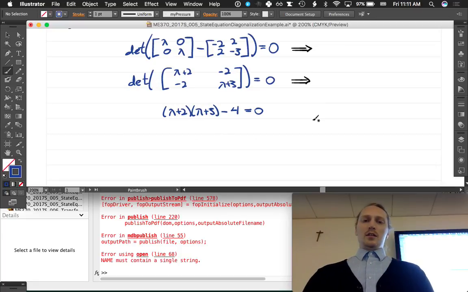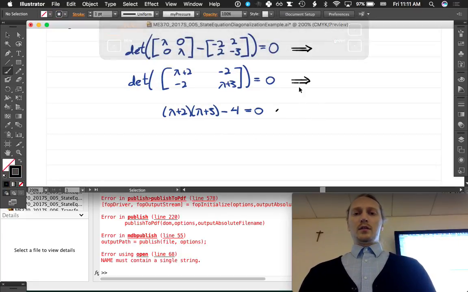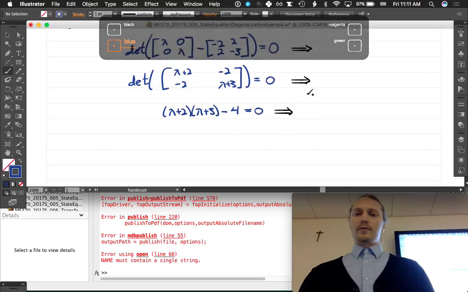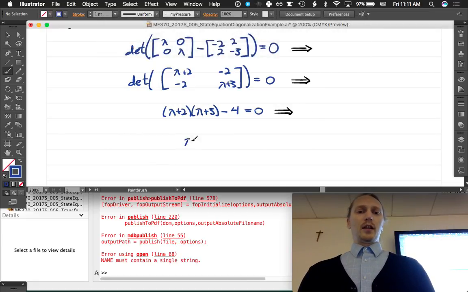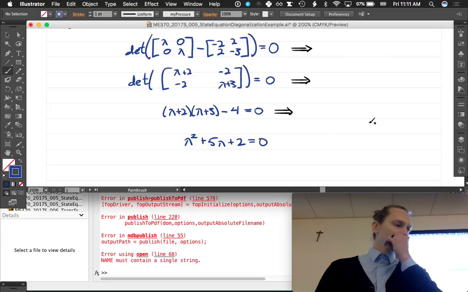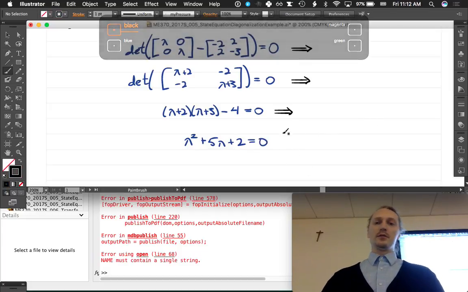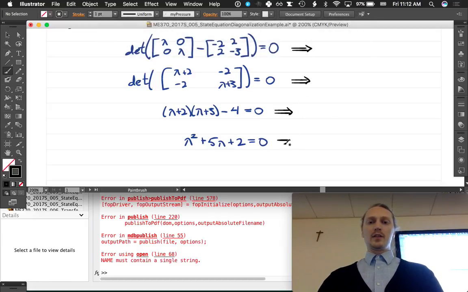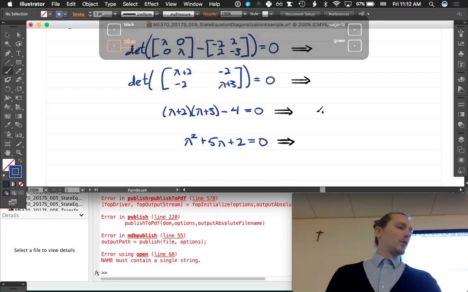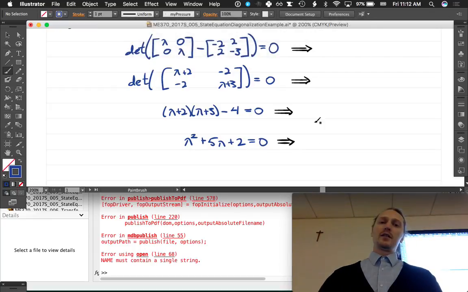And this can be rewritten as lambda squared plus, there's 2 lambda and a 3 lambda, so 5 lambda plus 6 minus 4 is plus 2 equals 0. Okay, so solving this, quadratic formula or whatever, lambda 1 and lambda 2 are equal to